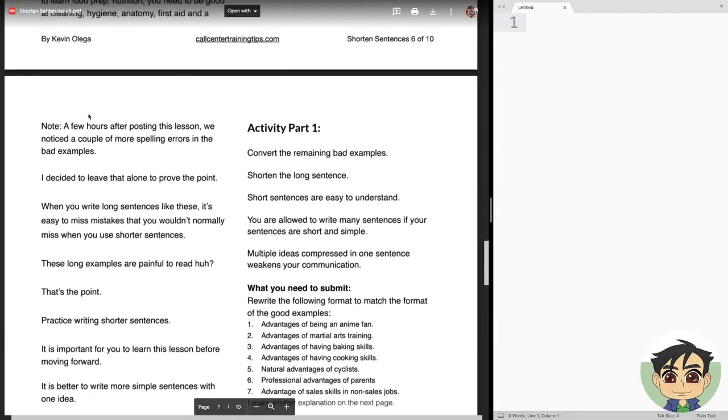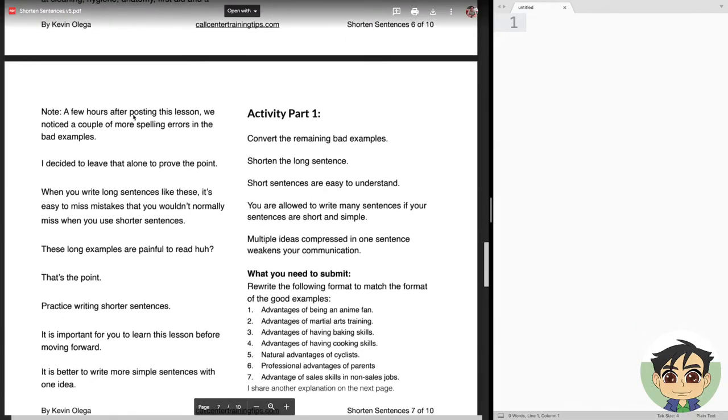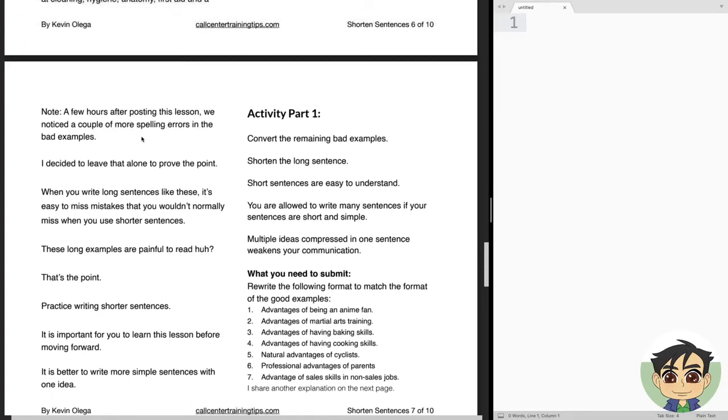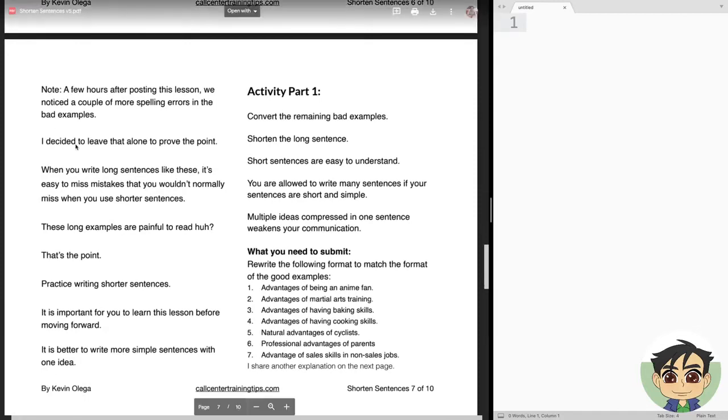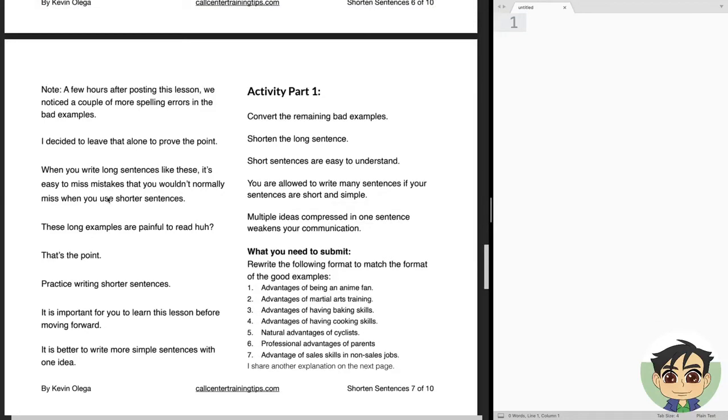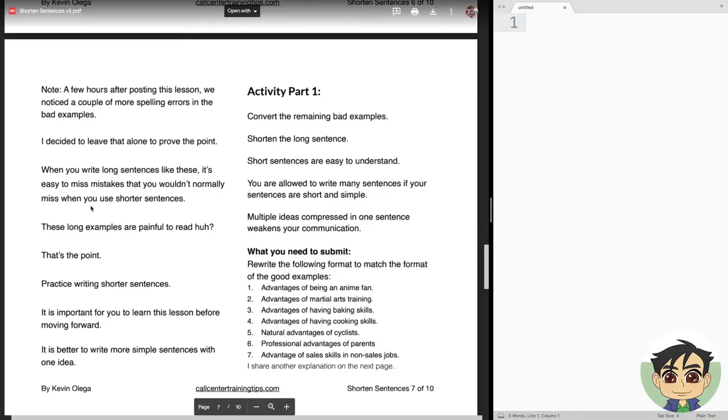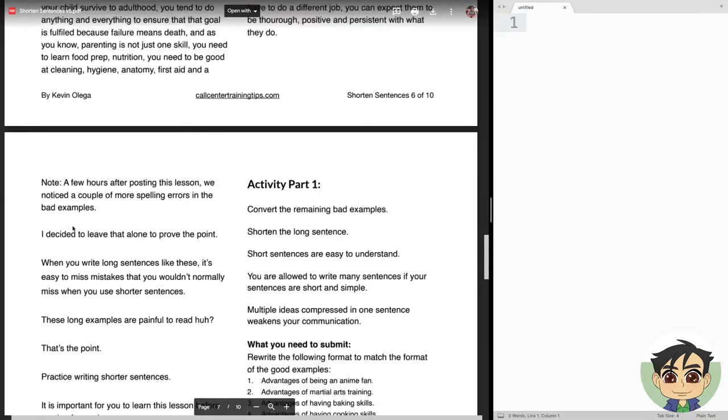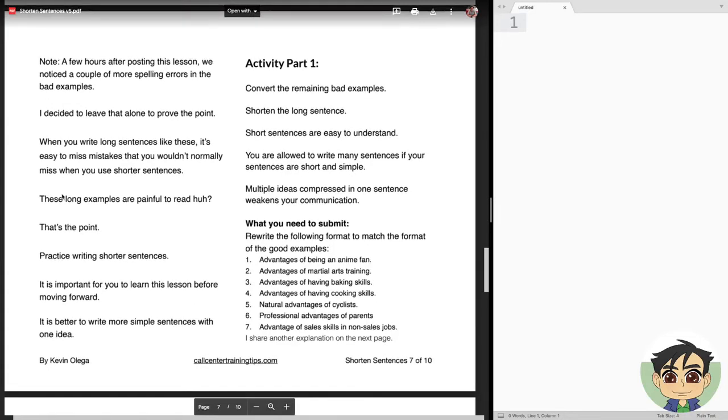So a few hours after posting this lesson, we noticed a couple more spelling errors in the bad examples, and I decided to leave those errors alone to prove a point. When you write long sentences like these, it's easy to miss mistakes that you wouldn't normally miss when you use shorter sentences.